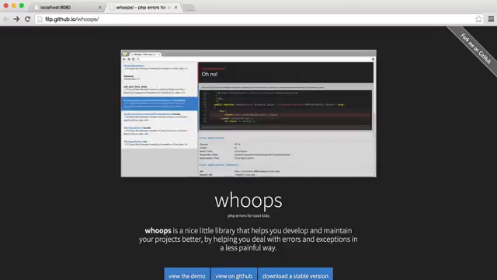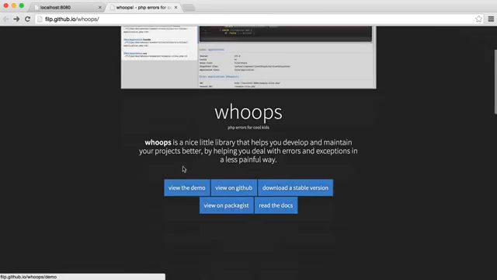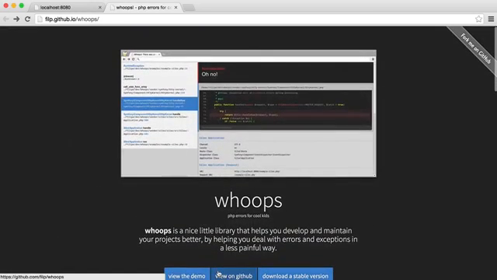So the next thing that we have to consider is error handling. Now, the way that we're going to do this is by using Whoops. It's a PHP package which makes errors much easier to read and debug. You may recognize the screen from Laravel. So that's that. So what we're going to do in this video is actually install Whoops and get it up